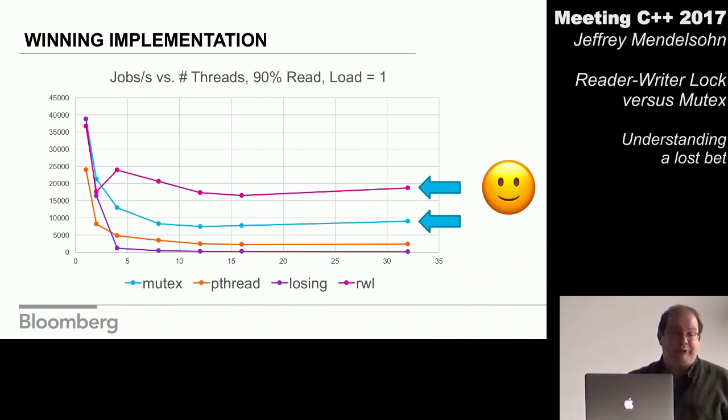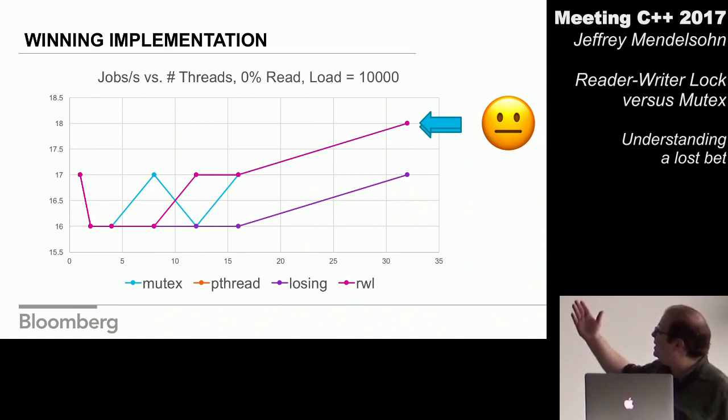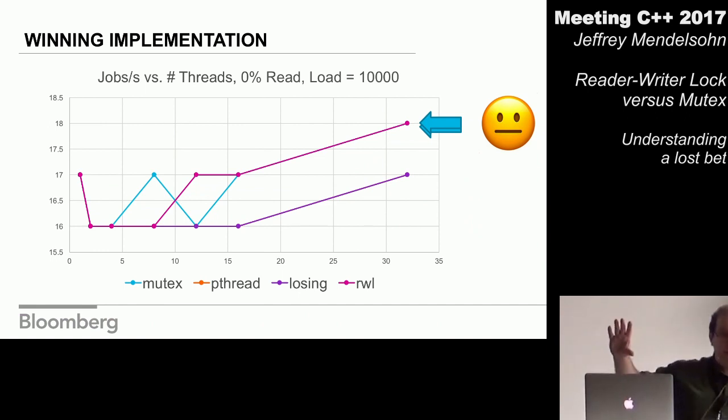Let's look at all write workloads, places where we expect Mutex to beat us. At the ridiculously long hold time when we're doing all writes, basically everything goes through sequentially, right? There's no availability of parallelism. The numbers on the left are a lot smaller than they were in all of the graphs. Basically, this is rounding error, the only difference you see here between 16 and 17, because I only reported integers. Everything does the same because the workload is taking so long and there's no opportunity for concurrency.